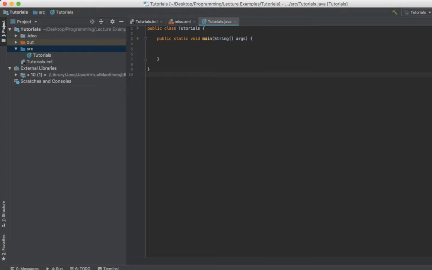So let's start off with this. Originally we had this thing called public class tutorials and public static void main string args. I'll teach you what this means in some of the later videos. But all you need to know is that the first one, where it says public class, is the class, and the second one, public static void main string args, is just the method. I'll teach you methods and classes a little later in the tutorial series. But for now, we're just going to be talking about some basic syntax and some basic print